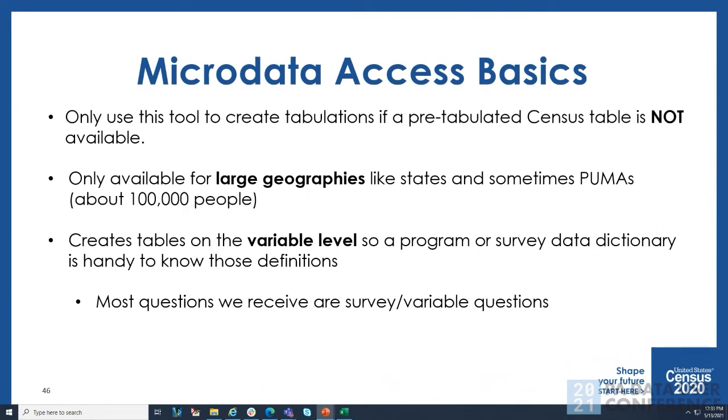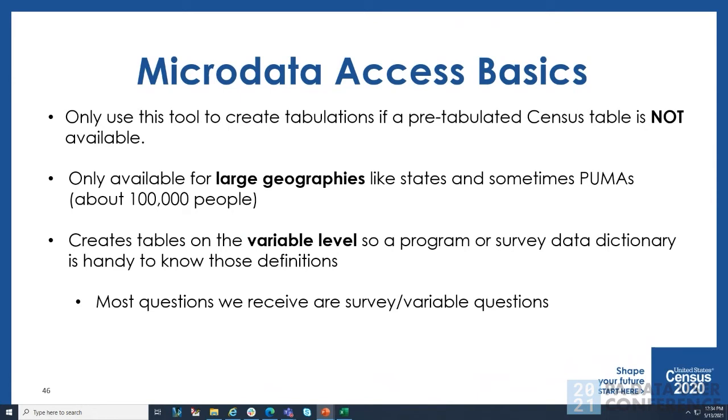The PUMS file is only a very small percentage of the data collected from our surveys, so it's not going to be as precise as data collected on the full file and tabulated, where the statistical significance has been calculated and those statistical inaccuracies have been added within our replicate weights. So you always want to use a pre-tabulated table if you can. And if you can't find it, that's a great option for microdata access.